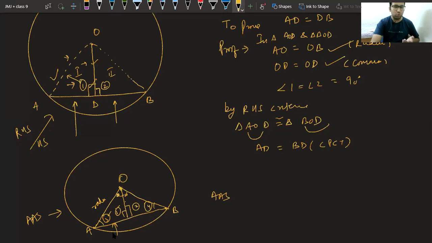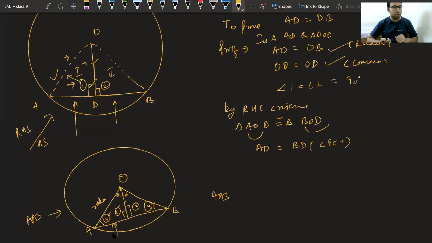Now, let us see the converse. Can you help me? What is the converse? In this question, they were saying in the theorem that the perpendicular from the center to the chord bisects the chord. Tell me what is the converse? What can you say for the converse, class? What should be the statement? Please try. If theorem 10.3 is saying the perpendicular from the center to the chord bisects the chord, what should be